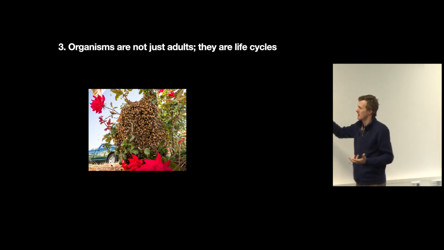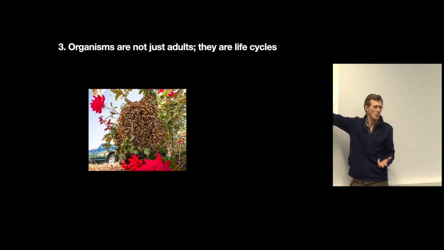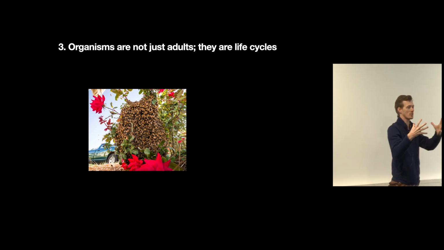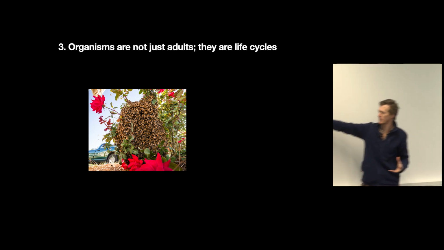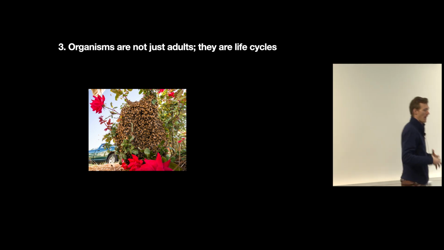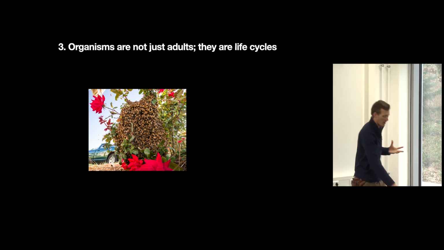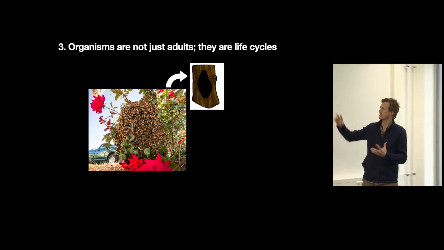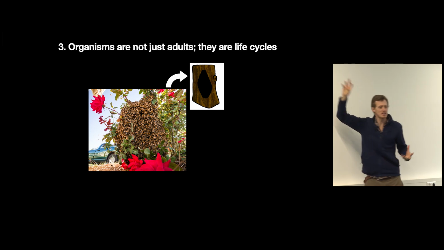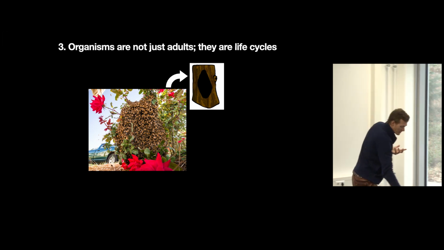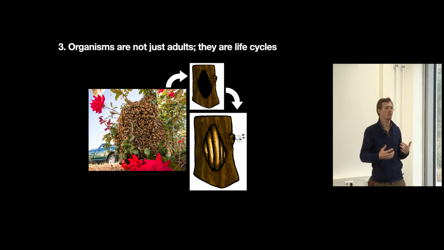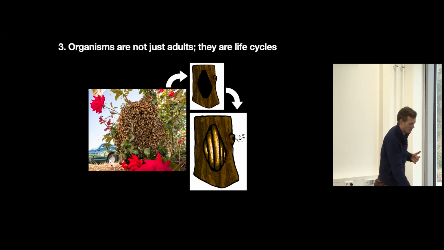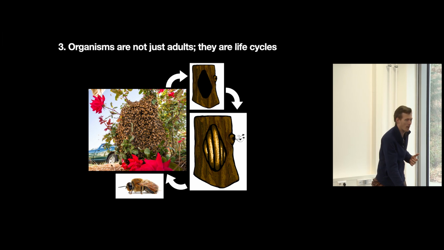A honeybee colony begins as a swarm with a single queen and about 10,000 bees. They've clustered on a bush here, in this case a nice beautiful rose bush with the lab truck in the background. And that swarm of bees is going to find a new nest cavity, so in this case a tree with an empty cavity inside, and then they will move into that cavity and build that nest, stockpile that nest, and then hopefully, if they survive their first winter, they will then produce drone reproductives and additional swarms.